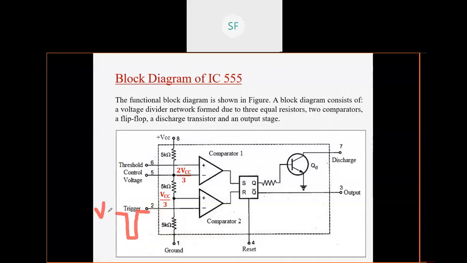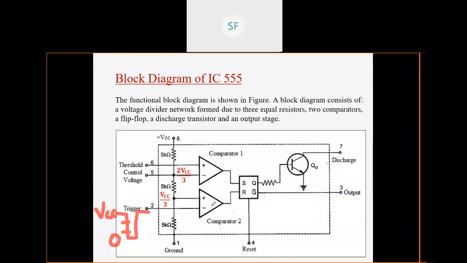The high level is called VCC and the low level is called 0 volt. So when I give such a trigger, what will happen? A moment will come when the voltage at this point will be less than VCC by 3. Suppose this level is VCC by 3, that means somewhere here VCC by 3 will come. And the moment your input or trigger becomes less than VCC by 3,